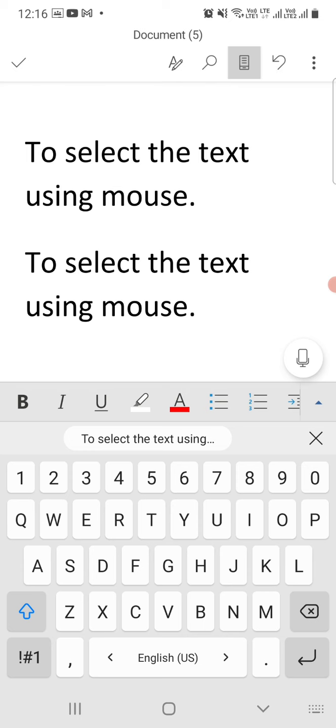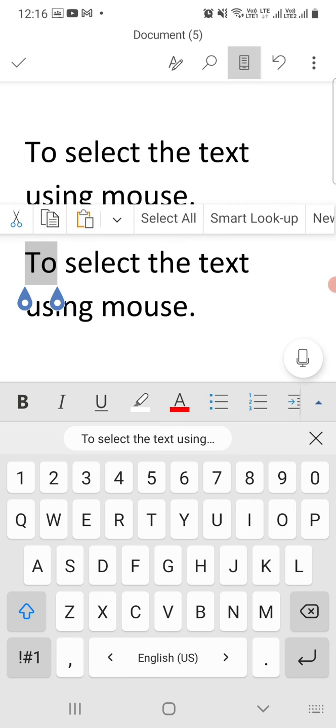Next, checking spelling and grammar. Okay, so spelling and grammar, you can also check whether your text spelling is right or wrong.